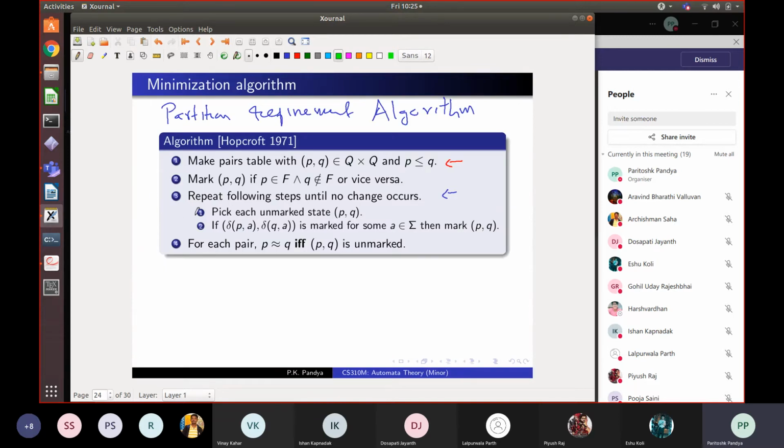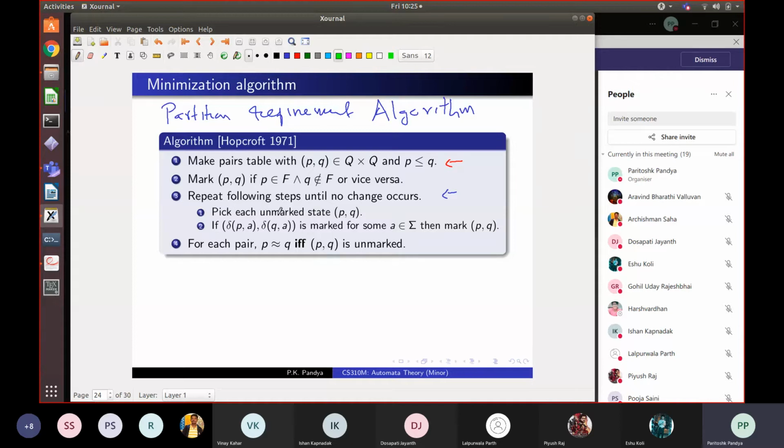Then you run the algorithm extending the marking phase by phase. In each phase, what do you do? You pick up, systematically, every unmarked square. And for that unmarked square, on a letter, you find out which pair you go to. And if that pair is already marked, then this pair PQ that you picked up, mark that also. If you go to an unmarked pair, then you try again. And you keep trying this, you complete the phase. That way some more squares will get marked. Then at the end of the phase, if at least one square got marked, it in turn will lead to further squares getting marked. So you start a new phase.